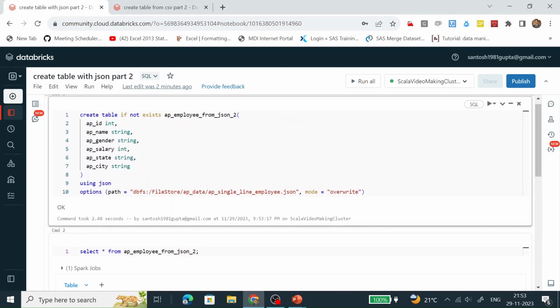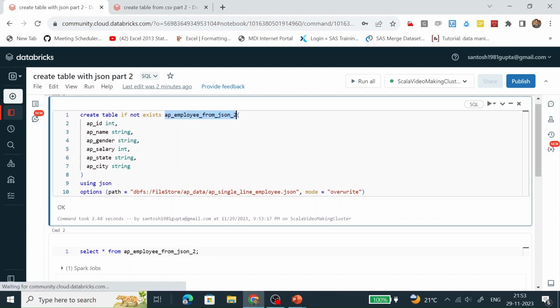So we have seen here how we can create a table, and the data will populate by reading all the data which is present in this JSON file. Mode would be overwrite, and this is the type, and how we are going to populate the data. We are going to populate the data using JSON, and all the data must come from this file.